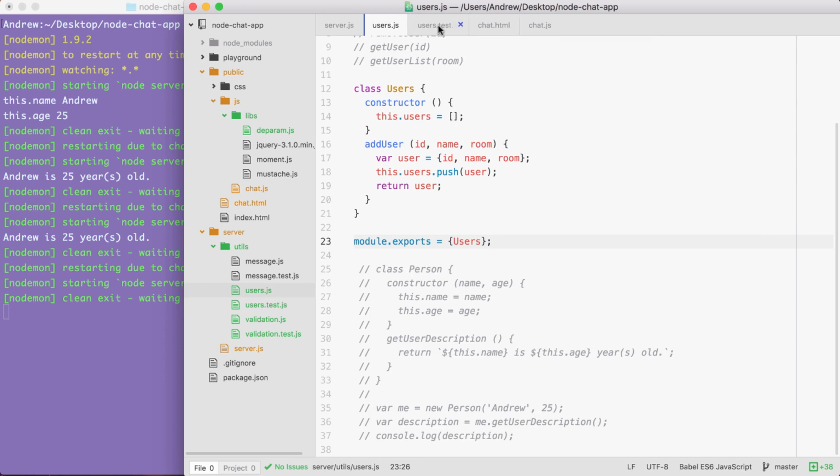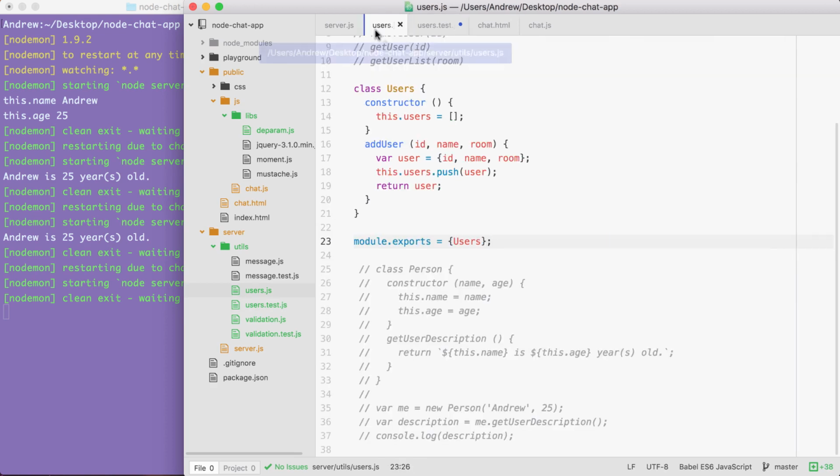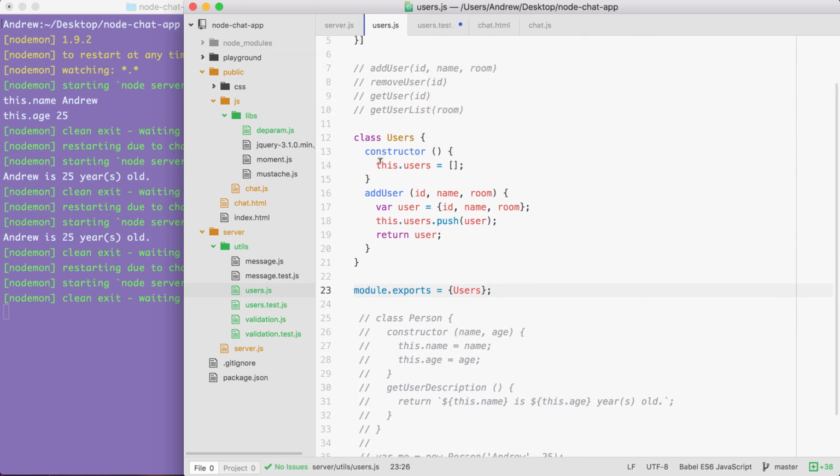Perfect. Now we have the user in place, and we can go ahead and call that method that we just created, the addUser method, with the three necessary arguments: id, name, and room. I'm going to store the response in a variable called resUser, and we'll set it equal to users.addUser, passing in those three pieces of information, user.id, user.name, and as the third argument, user.room. With the call in place, we can now start making our assertions. One assertion we want to make is that the actual users array was updated. It should have been updated when we called